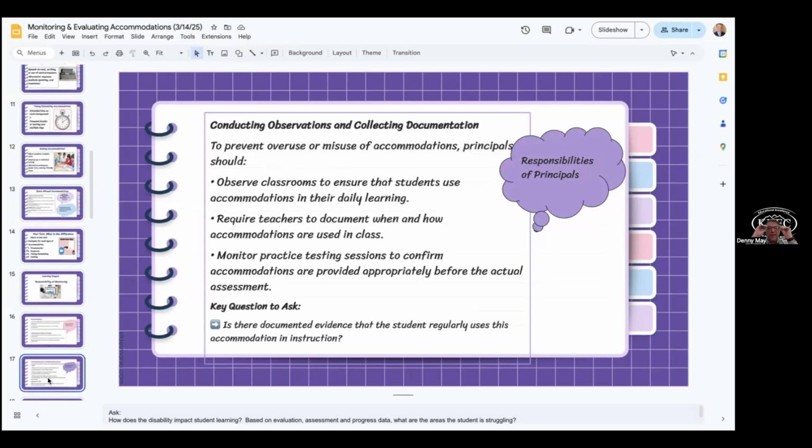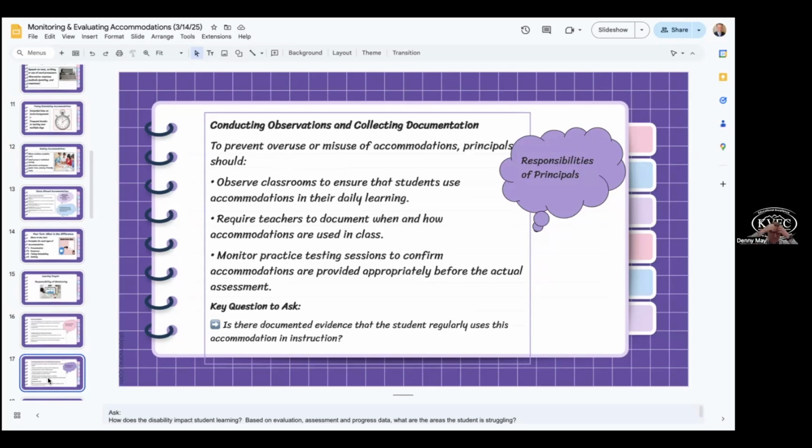Now, conducting observations, collecting documentation. To prevent overuse or misuse of accommodations, principals should observe classrooms to ensure that students use accommodations in their daily routine. We should be looking for a notation in lesson plans. We should be talking and working with our co-teaching teams to make sure that what's on the IEP is verified, and it's straightforward, and it's needed, and that we're actually doing it with fidelity consistently.